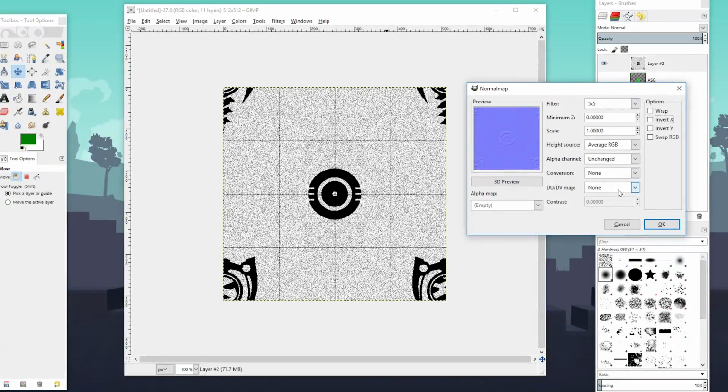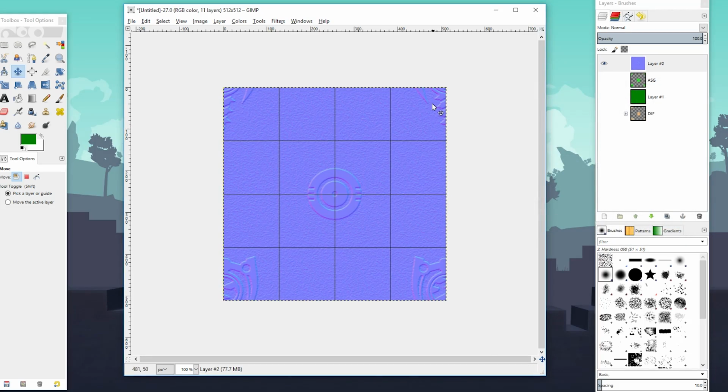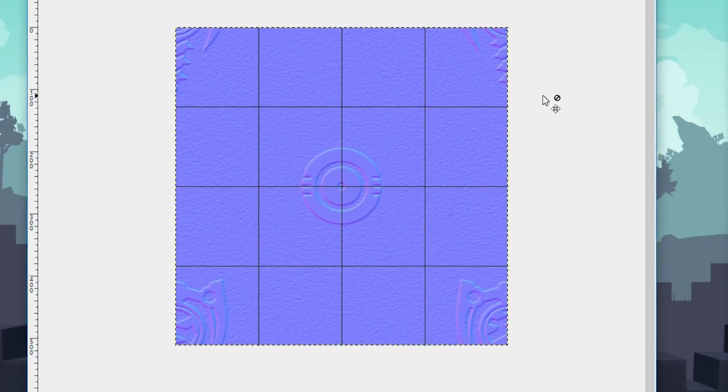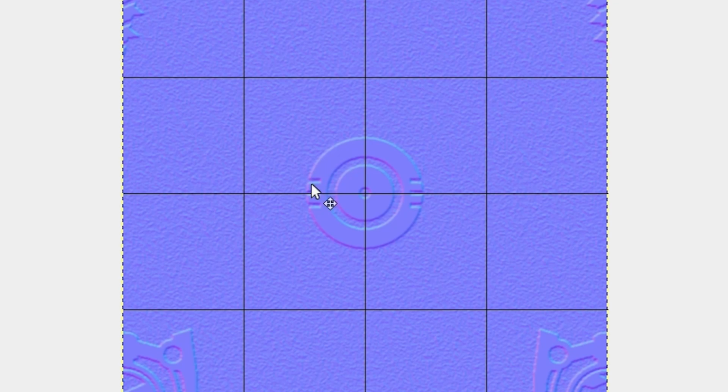So 5x5, and okay, we're going to see how that looks. As you can see, it already looks like the bearing is popping out, and here you can see there's little bumps on the background. This is not what we want though. What we want to do is